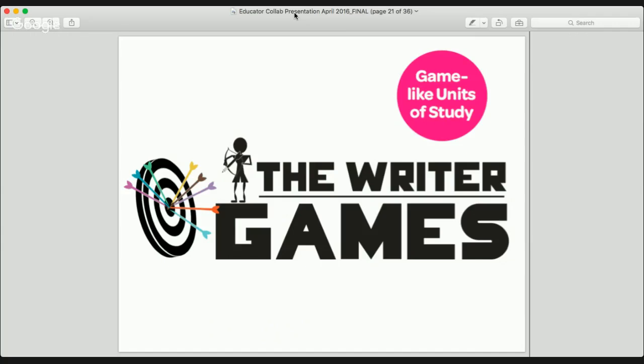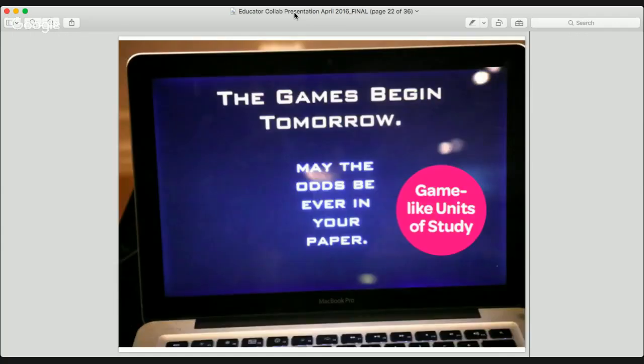One example I like to give comes from an 8th grade classroom. It's an English class, and it's called Point of View. In this classroom, the teacher decided to do a unit of study on dystopian fiction. And she came up with the idea that she would model the whole unit on the Hunger Games. So she called it the Writer Games, and in the very beginning of the unit, which at Quest we call